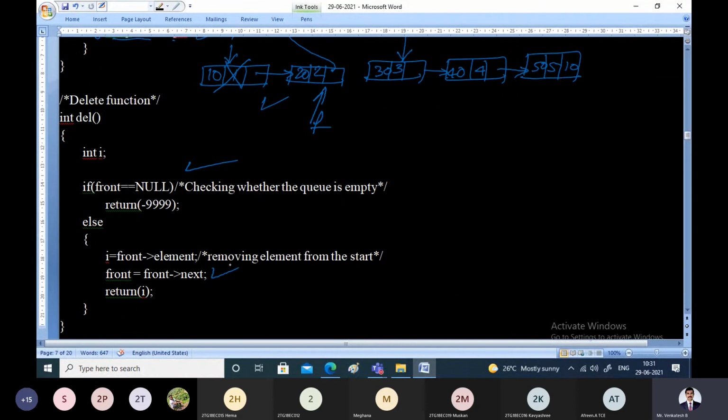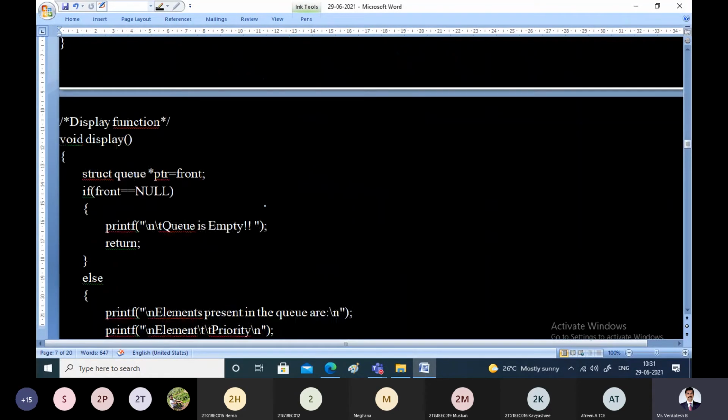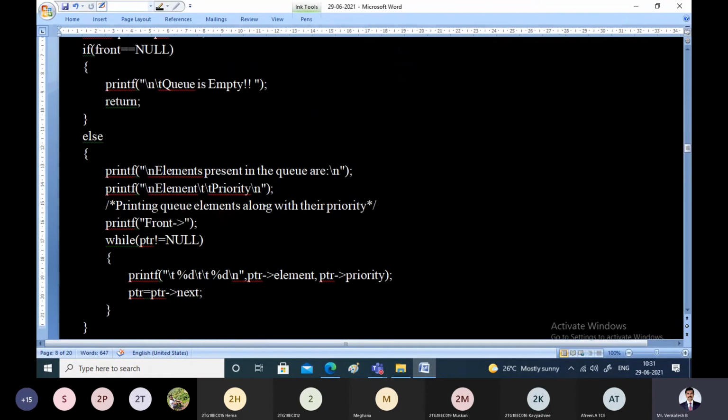That is front equal to front pointer next. That is a very simple way of deletion, because anyhow they are sorted in increasing order during insertion itself. So while deleting, we simply delete them as we do in a linear queue, from the front end. And as usual, display is also the same. From the front end, we go on displaying all the elements, like we do for the elements of the linear queue.